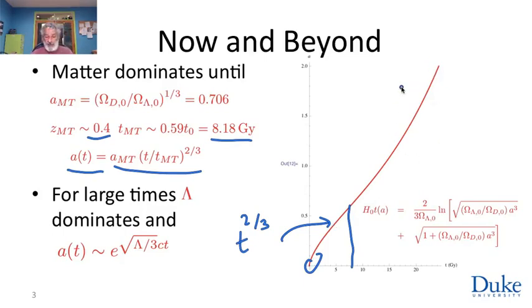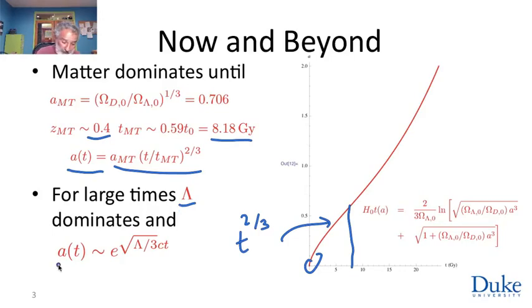At large times, as the scale factor gets larger, radiation has already been diluted to insignificance. Dust also gets diluted to insignificance, and what is left at large values of a, if the universe ever gets large, and there is a cosmological constant, it will eventually take over. The expansion driven by a cosmological constant is an expansion where the right-hand side of the Friedmann equation does not depend on a, does not change with time at all. This gives us the closest thing to a constant expansion. It's not a constant